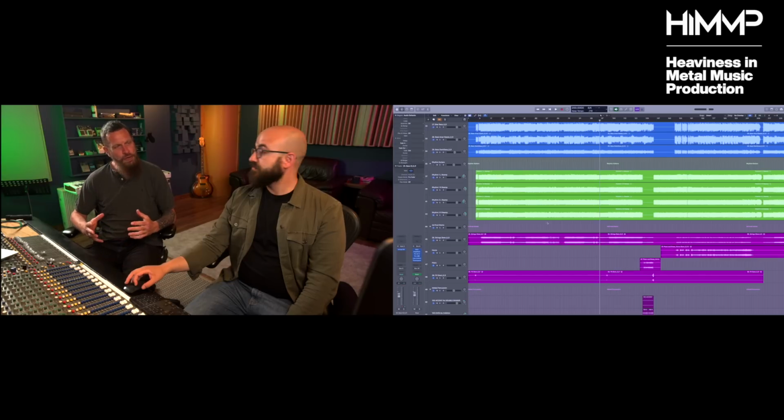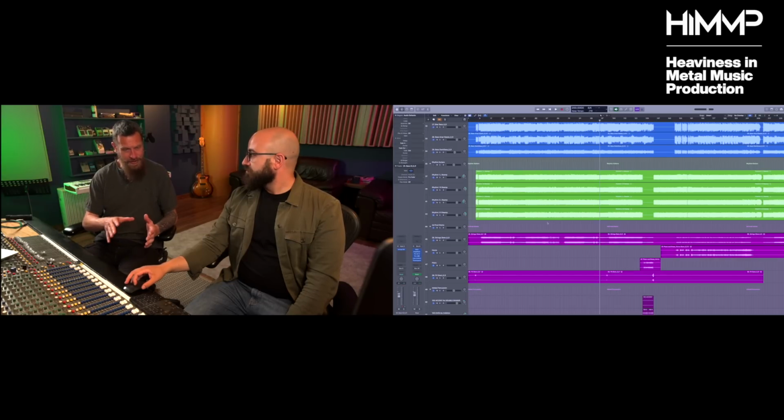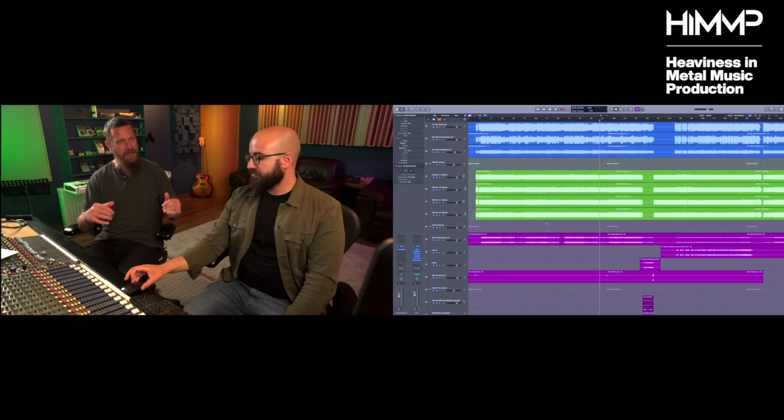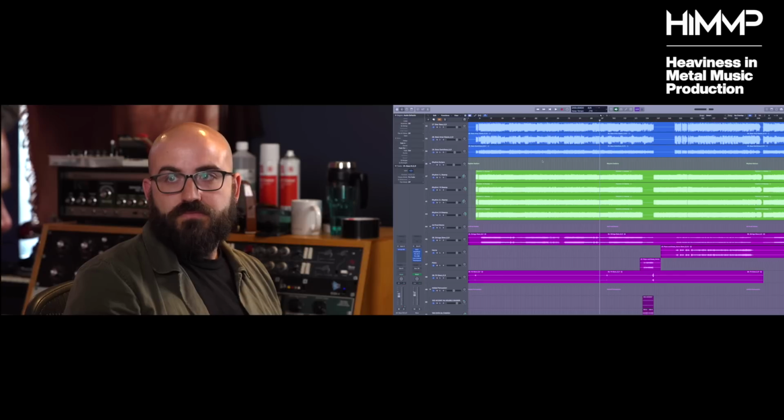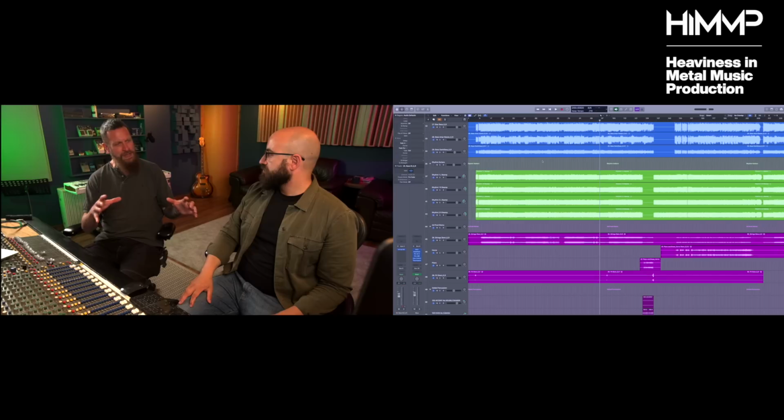Yeah. And with your low-end management, we looked at a number of techniques which were really interesting there, which was the frequency-dependent ducking of the bass from the kick drum. With the low-frequency content of the guitars, are there any general principles you'll look at in how it interacts with the bass and this relationship with the kick drum? Is there any sort of mixing theory that you generally go with? Is it just analysis and listening to it?